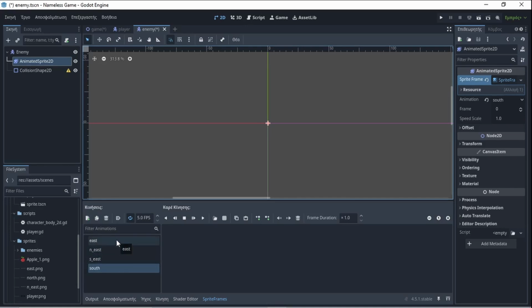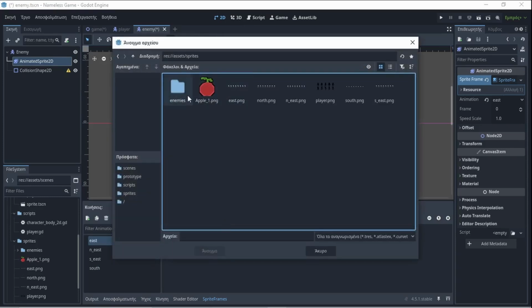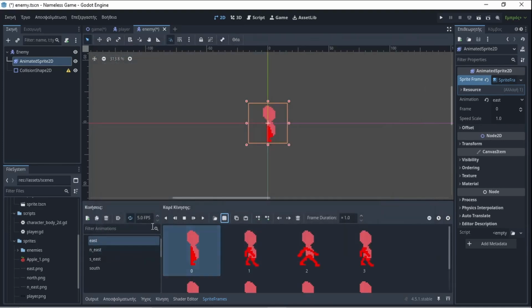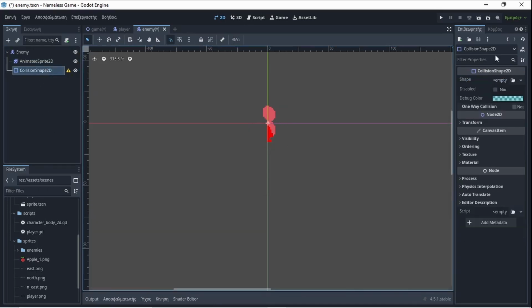Let's first start with east, and if we press here, we're going to choose from assets, sprites, enemies, prototype, and let's see, we have the east. To start with that one, open it. As you can see, you have 1, 2, 3, 4, 5, 6, 7, 8 horizontal parts and just one vertical, and then we choose the order in which they appear, and we add them, and we have this animation. We're going to use the other later,